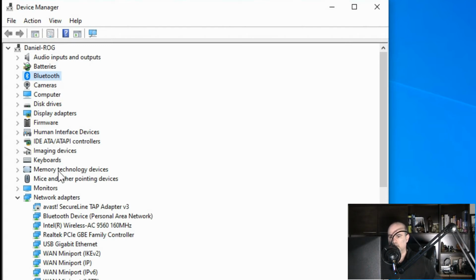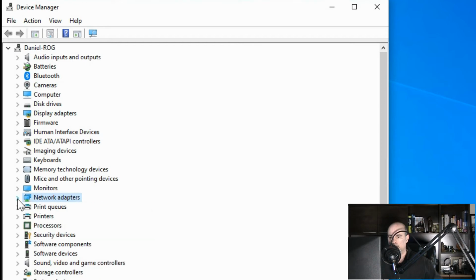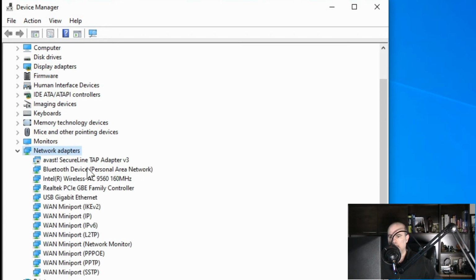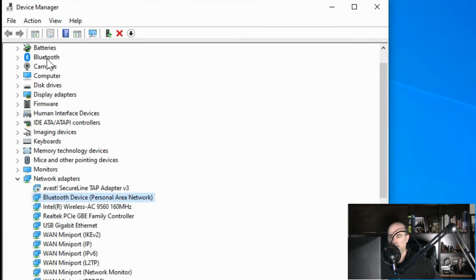But let's look further. Under network adapters, you may need to expand that to open it. And mine's expanded already just because I have a device that's disabled. But ignoring that, here is a device driver for the network called Bluetooth. So it is there. So that might have a problem for you, which could explain why you may not have the Bluetooth category. But if you do see Bluetooth anywhere in here, then you know you have Bluetooth and you can actually make use of any Bluetooth device.